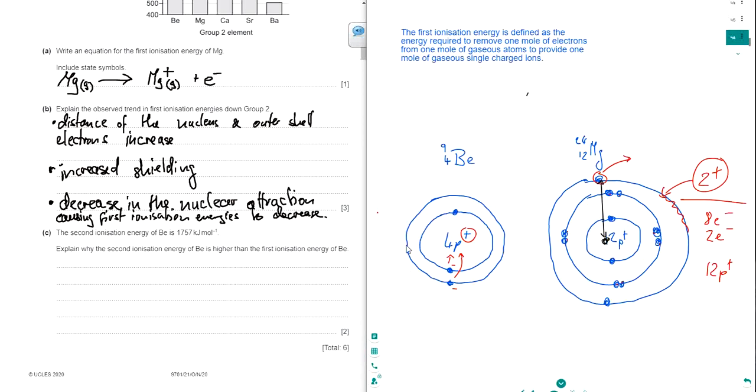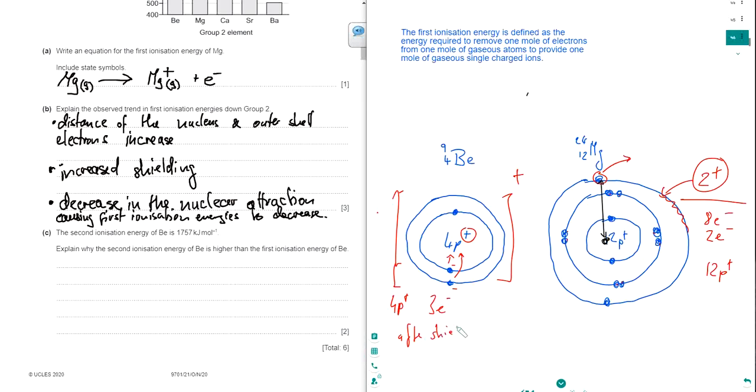Now we actually have a positive ion here. We have a total of 4 positive charges, but only 3 negative charges. Again, regarding shielding, we will have 2 inner electrons